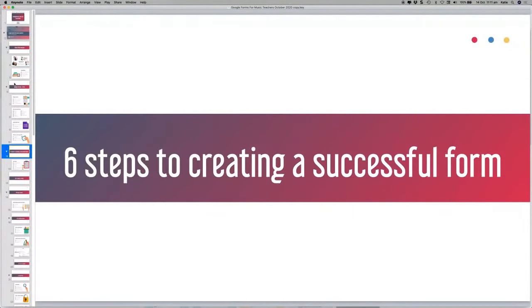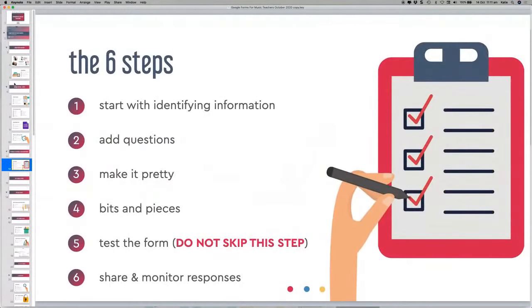Okay, so let's get on to actually creating a form. So I'm going to run through, just show you the 6 steps that I've identified to create a successful form. And then I'm going to jump into forms in the web browser and actually show you how you can make a simple form. So my 6 steps are when you've set up your form, the thing that I would suggest,